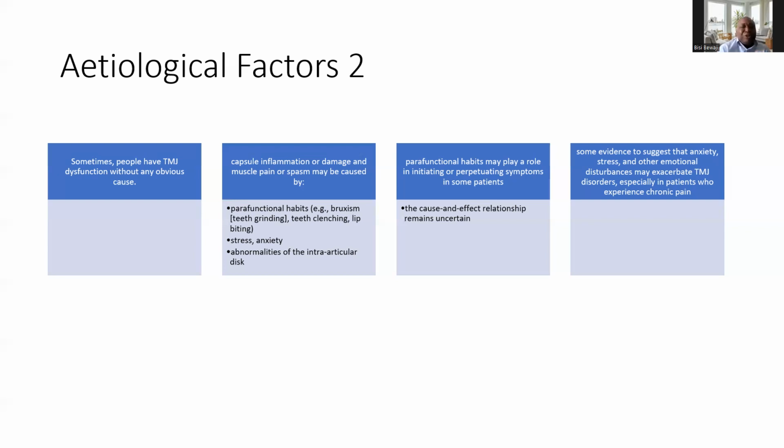There's an inflammation or damage to the capsules or the muscles, right? Like we said, grinding, stress, clenching or biting your lip and all that. You're doing abnormal activities, and that causes abnormal movements in the joint. It can cause problems. You've also got, we talked about, parafunctional activities. Basically, there are things we do, especially